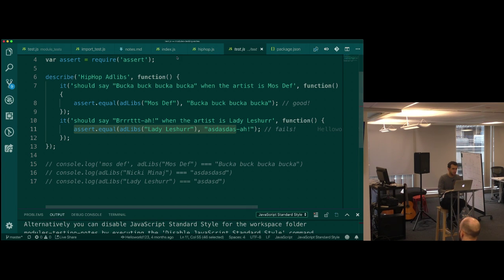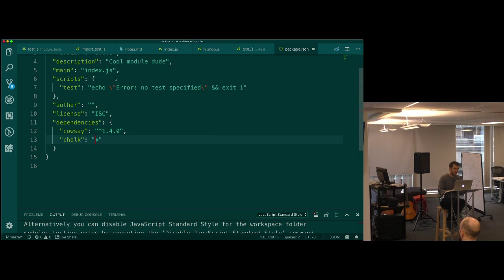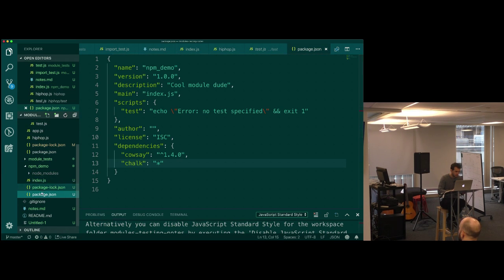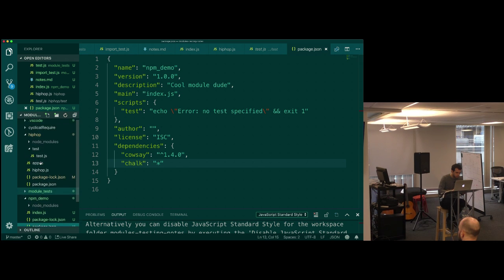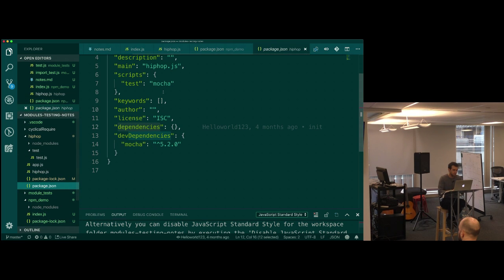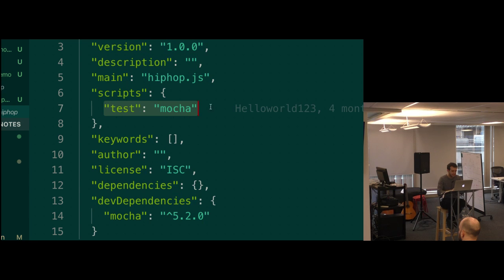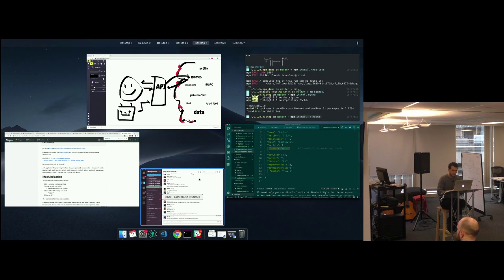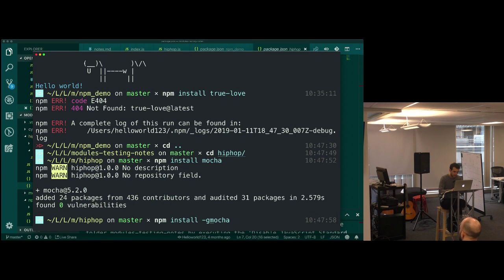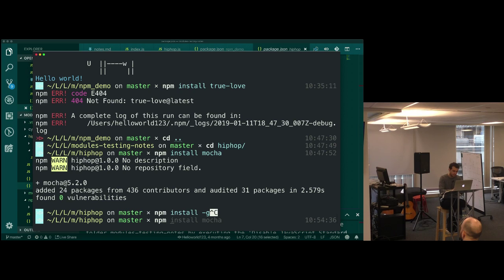Now, in your package JSON, you can put a test command inside of the scripts. I'm not going to explain too much about this right now, but whenever you write something along these lines in here, you can go inside of your command line and do npm run and then the name of the script to run a script.